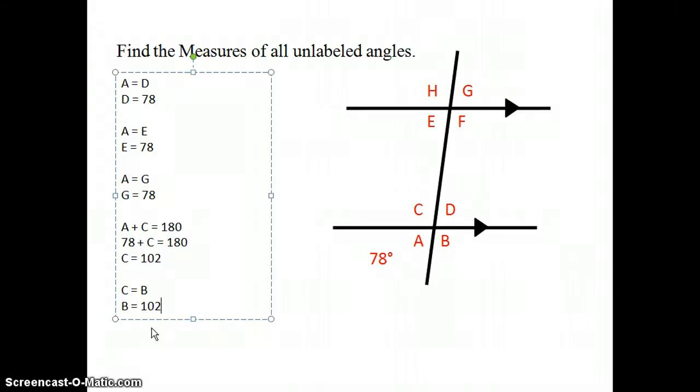Well, we know that B and H are alternate exterior angles, which means that B and H have the same measure. So the measure of angle B will equal the measure of angle H, which means that the measure of angle H will equal 102 degrees. And for our last one, we know that H and F are vertical angles, which means that the measure of angle H will equal the measure of angle F, meaning that the measure of angle F will also be 102